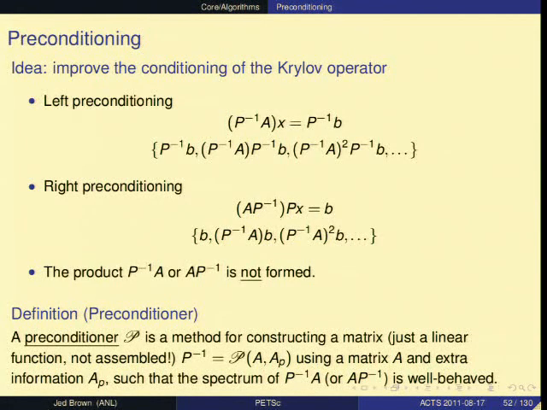So we're going to form that using this operator A and some extra information I call A sub P. That A sub P is the preconditioning matrix. And all throughout PETSc, you have plumbing for both of these: the operator and the preconditioning matrix. Very often they're the same thing, but in lots of important cases they're not the same matrix. For example, A might not be assembled at all. A could be, say, a tensor product, and A sub P could be some sparser approximation to that.